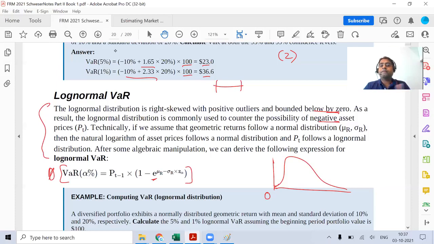So when we started this chapter, we talked about arithmetic return. We talked about geometric return. So geometric return is primarily your log normal, because when we used the formula, we also took the natural log of the latest stock price divided by the stock price ST minus 1. Right? So look at this calculation, and then we'll move towards the formula.